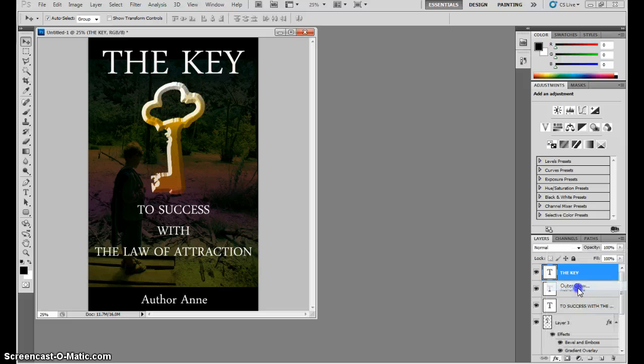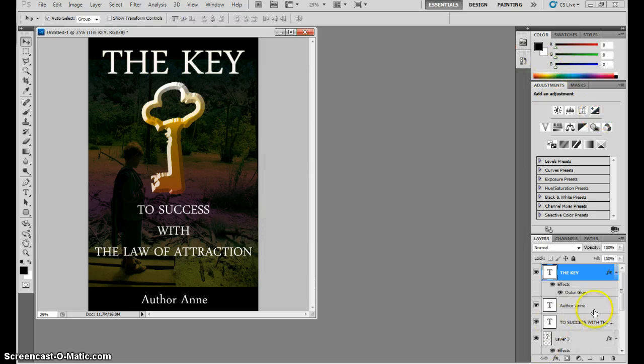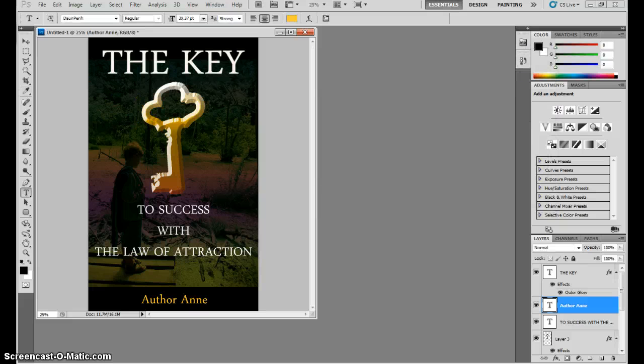So right now I'm gonna give the word, the key, an outer glow. Not too much, just a little bit. You don't want it to look blurry. You want the words to be sharp and clear when it's being published on Smashwords. And you also want to make sure that the words are visible as a thumbnail. So make sure that the words are bright, that they're clean. Choose a pleasing font and highlight those words that